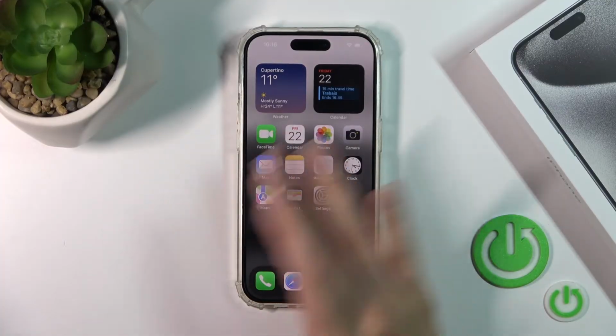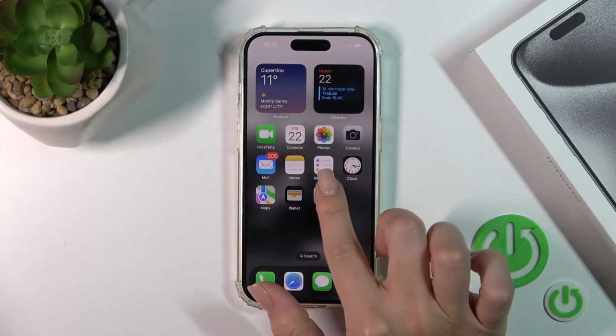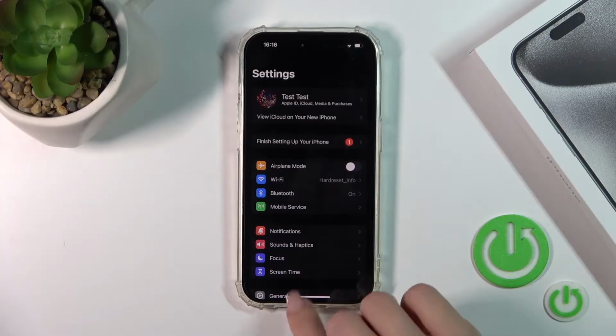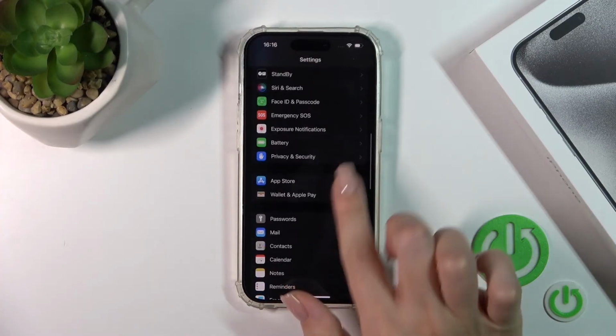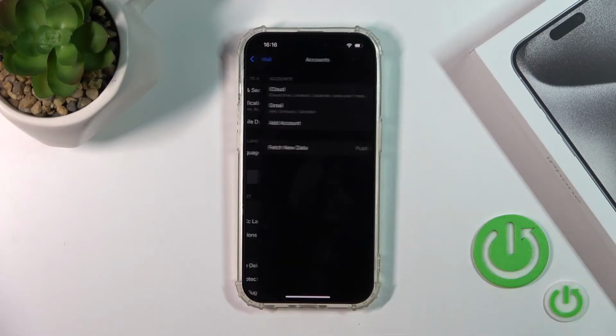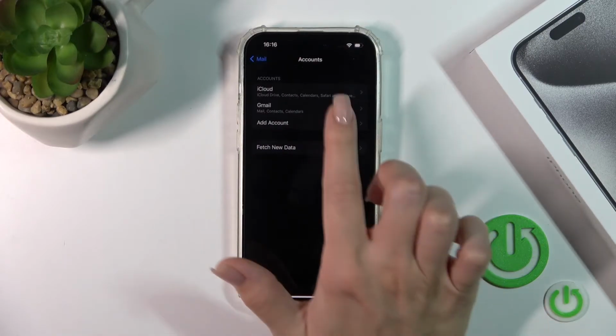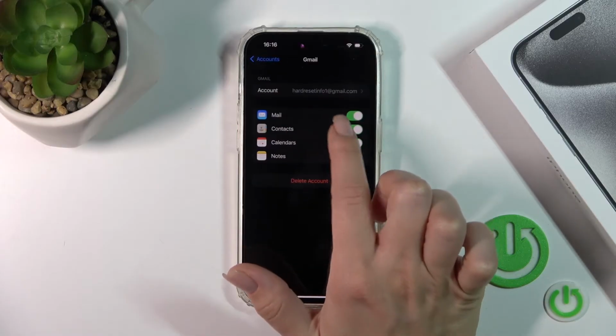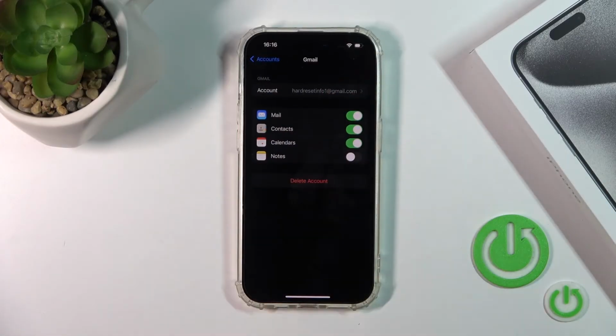If you want to log out from the mail application, you should open first the settings and then scroll down to the mail app. Here you'll see the account section. Tap on it, and to log out from the Gmail account from your mail app, you should just open it